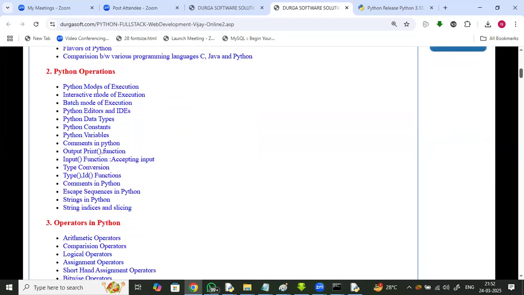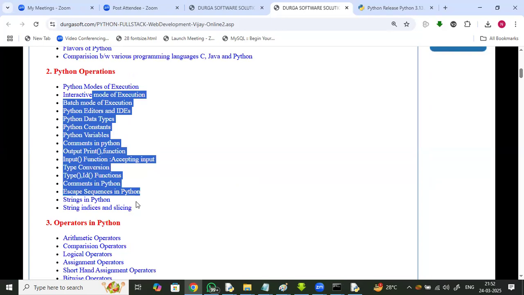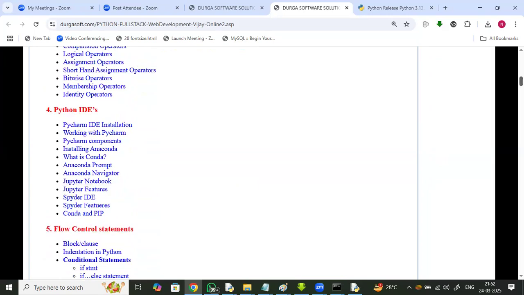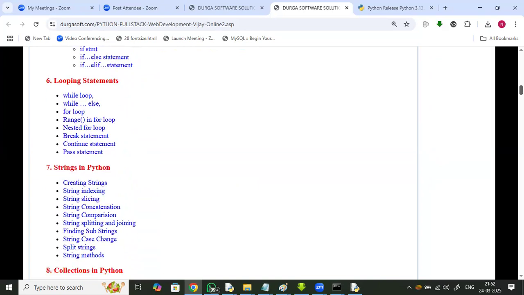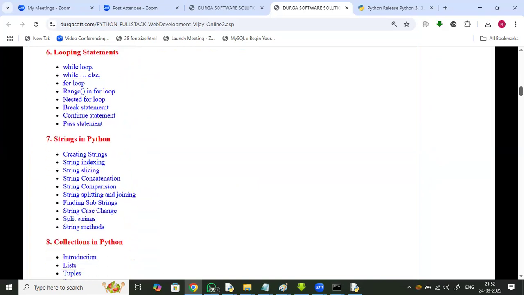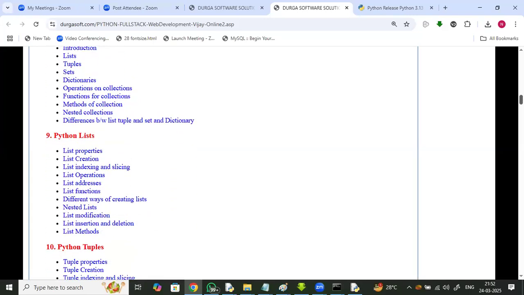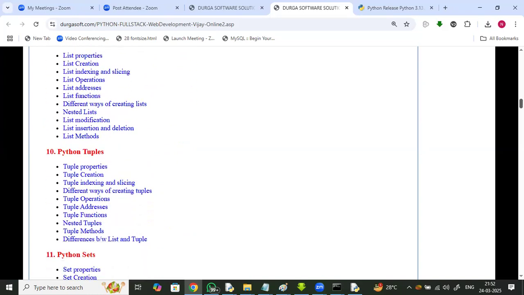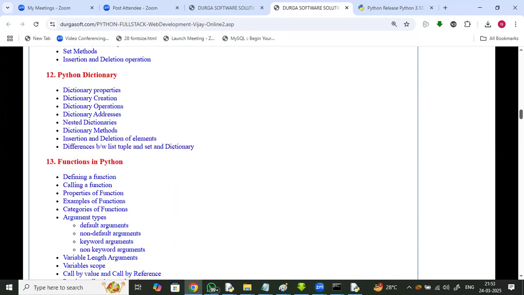Python operations, modes of execution, interactive mode, batch mode, editors, IDEs, data types, constants, variables, comments, type conversions, escape sequences, operators in Python, working with different IDEs, flow control statements, looping statements, strings in Python, string indexing, string slicing, string functions, string methods, string special characters, collections, lists, list indexing, list slicing, list functions, list methods, list addresses, nested list, tuples in Python, dictionaries in Python, functions in Python,